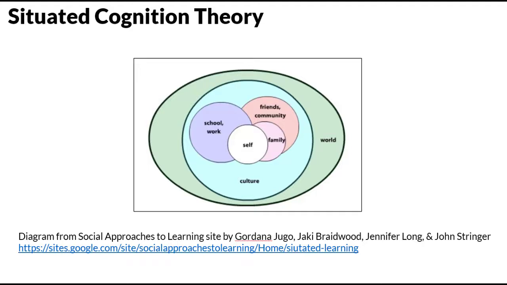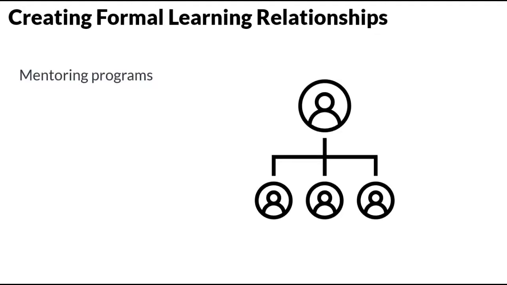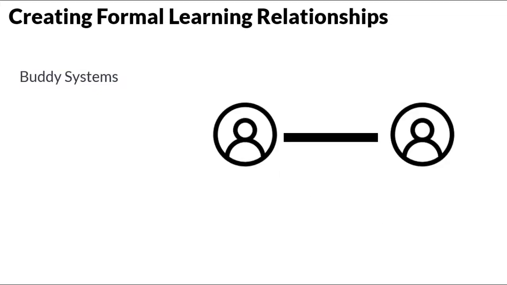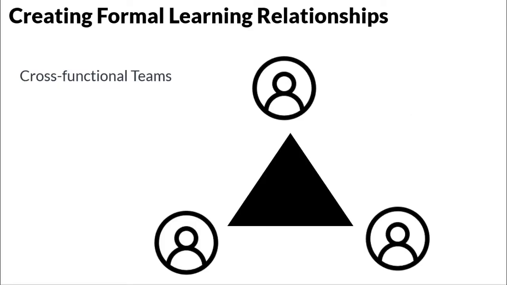Many organizations hold major development programs in this fashion, and there are some other smaller ways to provide similar guidance. One option is to set up mentoring programs where more experienced leaders help provide newer employees with inspiring role models. Additionally, buddy systems allow for peers to learn from each other and to ask questions that they may be uncomfortable asking managers. And finally, great knowledge can be learned from working with people in other departments. If there are opportunities to set up cross-functional project teams, it can promote learning and organization synchrony.